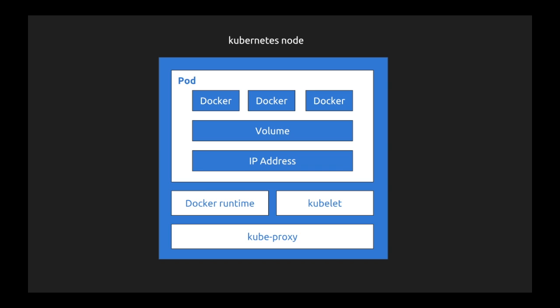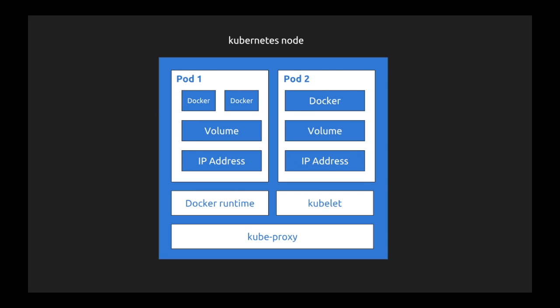So if, let's say, I have three microservices to be deployed, I can deploy them in different containers inside the same pod. That way I will have my whole deployment controlled inside the same pod. And if there is a problem, I can destroy the whole pod and then respawn it in a different node. Also, a node can have multiple pods. So there is no restriction on the number of pods inside a node. So there could be multiple pods, and inside a pod there could be multiple containers. This is how a typical slave node looks. So when we are deploying applications, the deployed application will be running inside a Docker container, and these are the different platform components which will be running along with the containers.